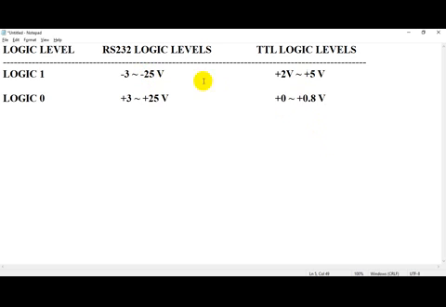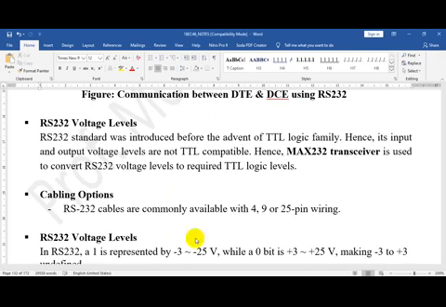Now there is a difference in logic levels. Your PC, which has this RS-232 port, follows the RS-232 logic level, and your 8051 IC follows the TTL logic level. IBM has continued with the same logic levels.